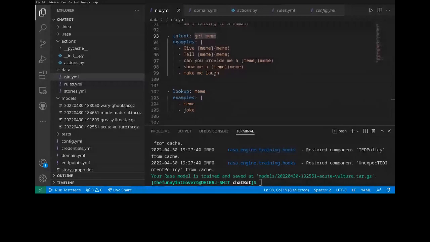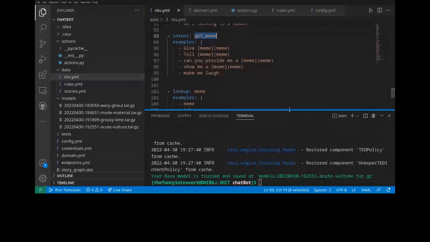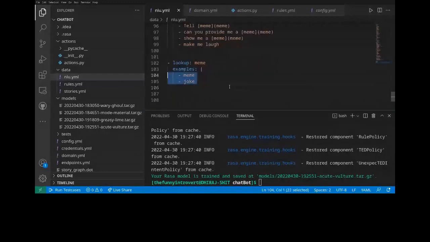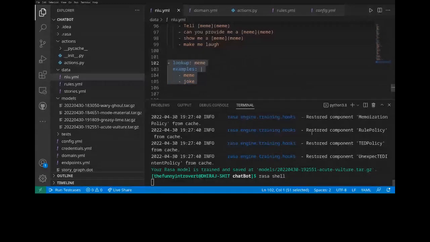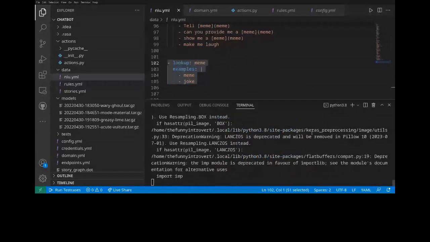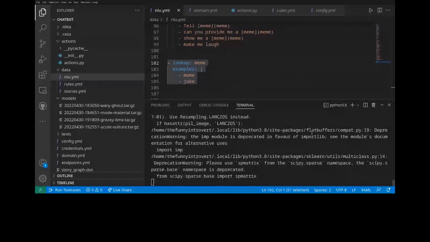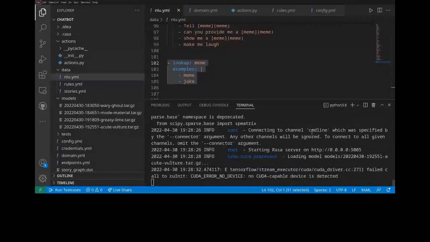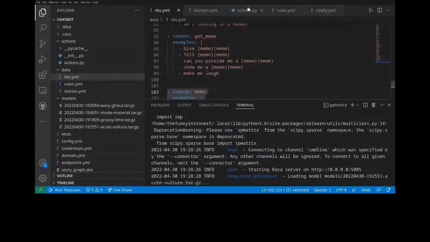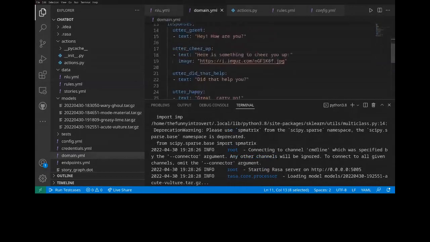I hope it's clear. It is a little hard to understand, but in simple way, what you said, yeah, it is basically just that. Now we will say Rasa shell, and hopefully it should be working right now. And once it's done, I will start right away on getting the image and sharing it here. I guess that will be enough for today. Using Rasa is simple. You just have to look simply at the intents and a simple domain and actions, which we will go ahead with.